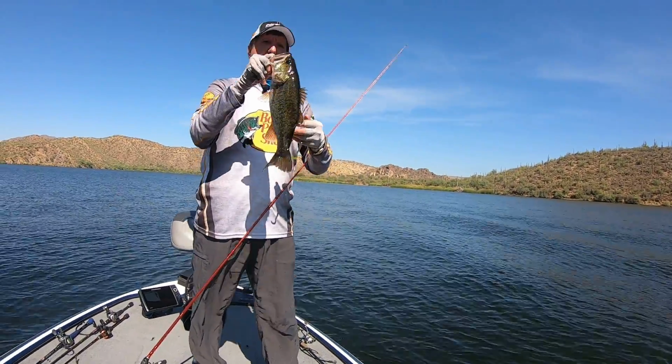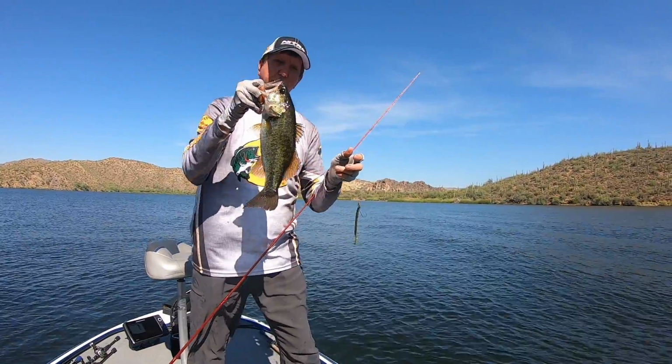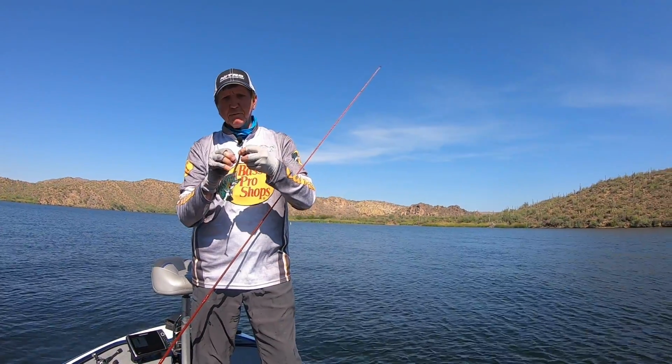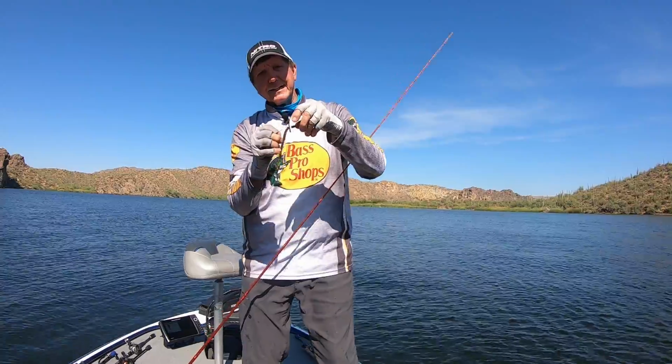Nice little, boy, these bass are chunky up here. They're all porking up for the wintertime, so that's the reason why. Let's get him back in there and we'll just talk about that. So this one was on my favorite, green pumpkin candy. And when I rig that, guys, you know, I just go in,